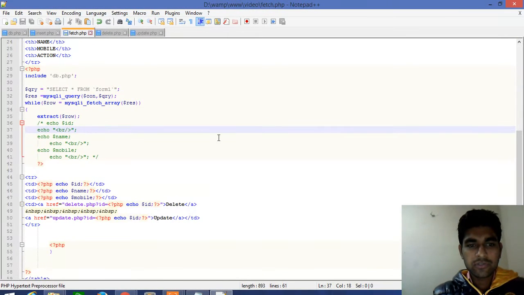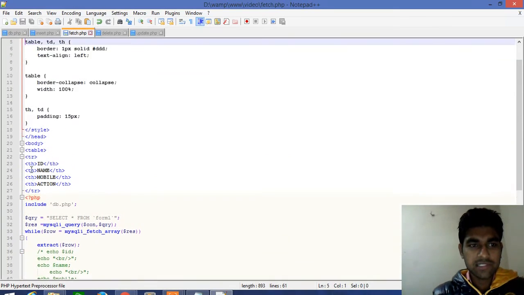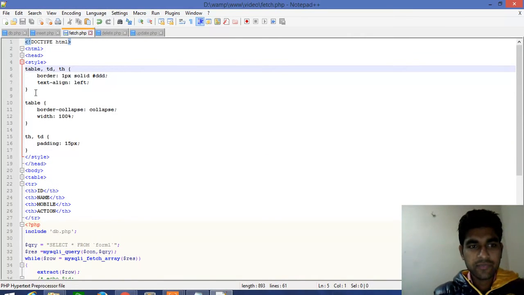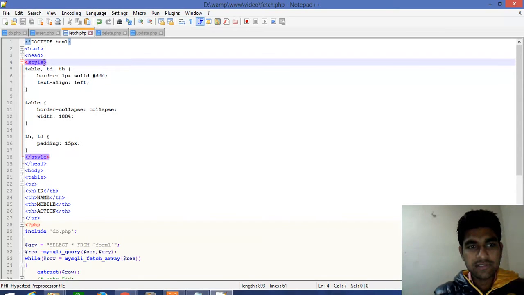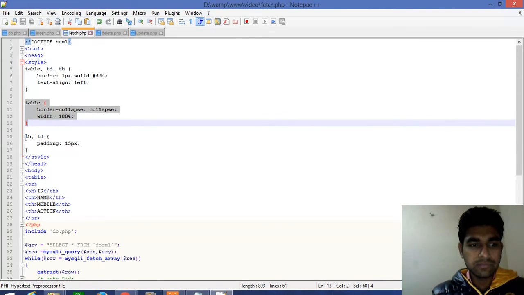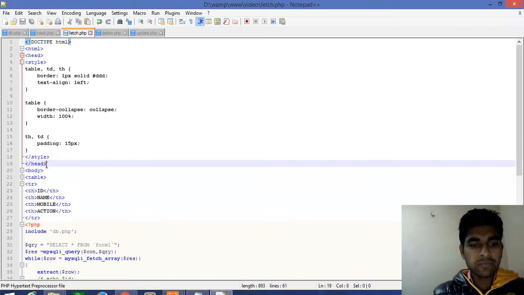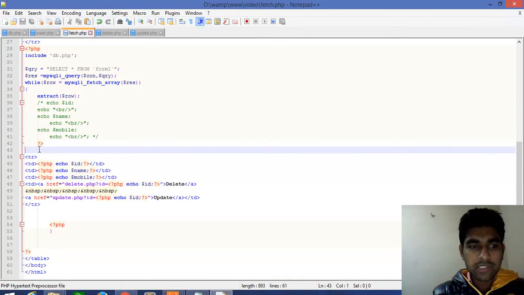Okay, so I just changed that code and added some CSS files to make it look better. This is the CSS file. I have just added this table CSS, header and footer. So we have done this much up to our second tutorial. Now after that